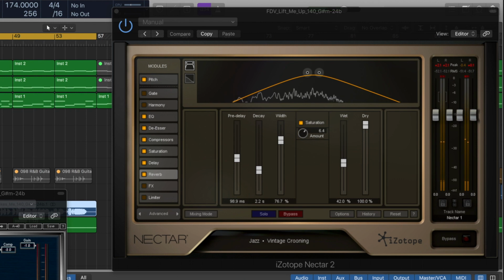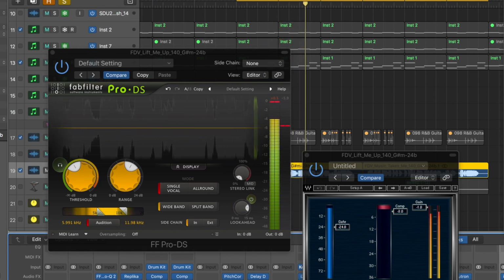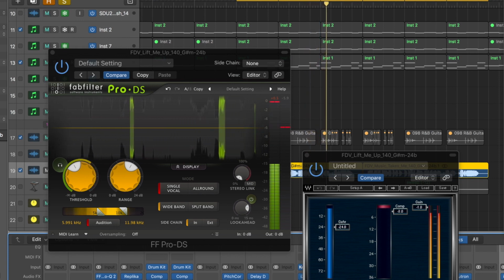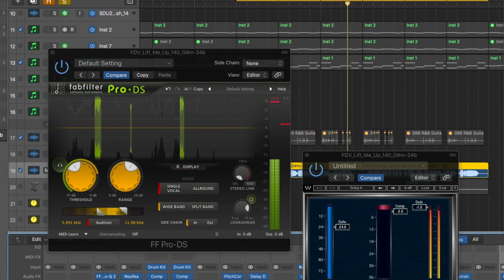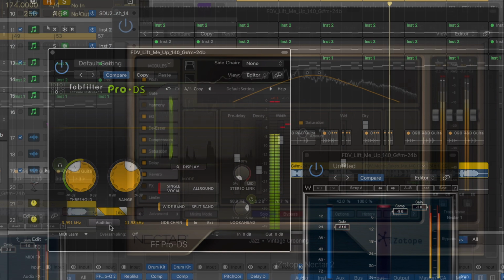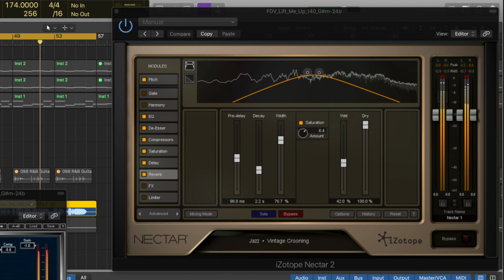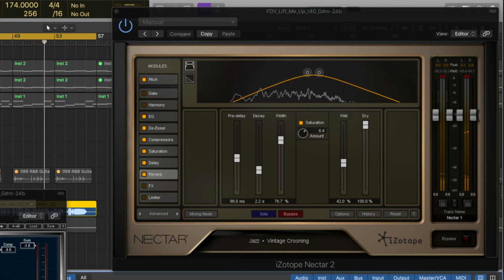Remember how we soloed it and there was like some warbles and bits going on? That's what the de-esser at the end is catching as well. So if we put it in audition mode and we solo it, you can hear the artifacts it's capturing. Yeah. Okay, and as you can see on the Pro DS here, the green sections are where it's capturing that, and we're just listening to what it's taking out at the moment. So if we switch it back over, it's still all over the place, but in the track it works.